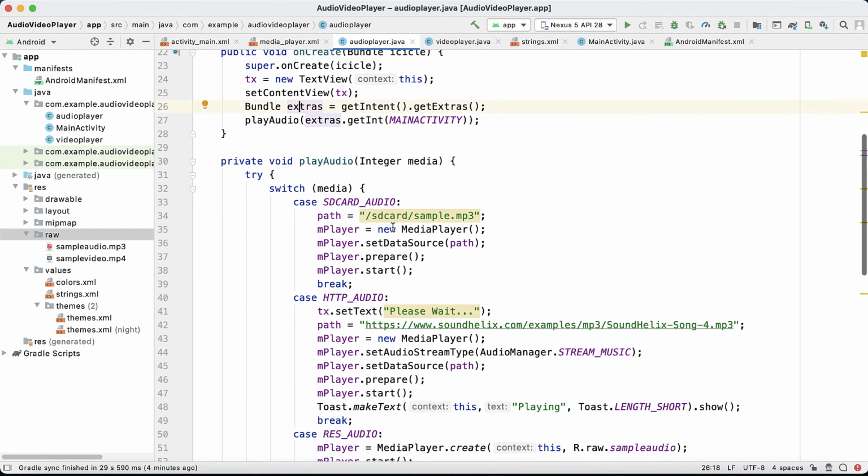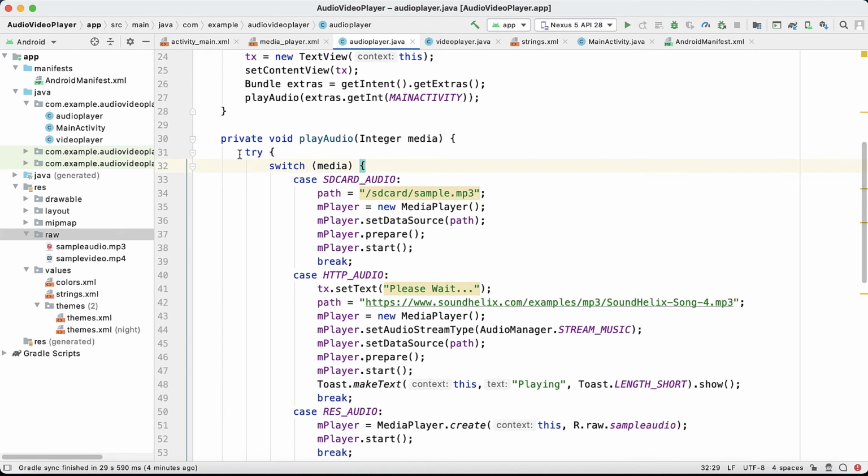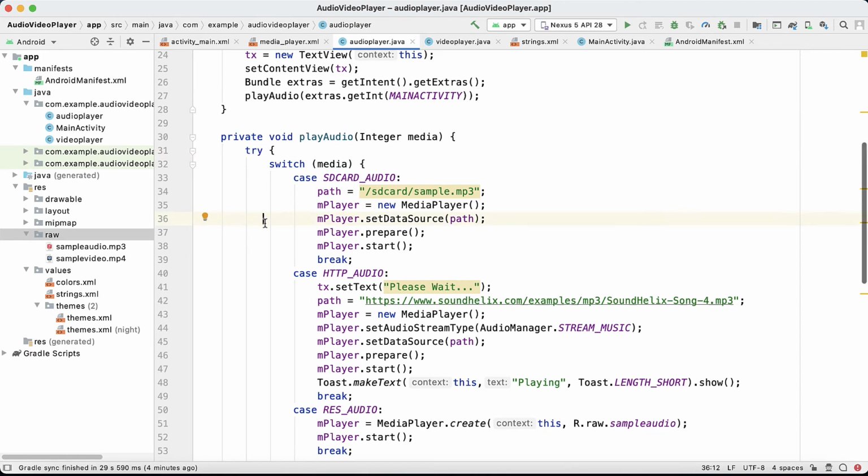We have created one method, the playAudio method, and we are passing the bundle object over here. After that we are going to compare it. Here we are using a switch case; instead of switch case, you can simply use if else also. And for the exception, we have to create this logic within a try catch.